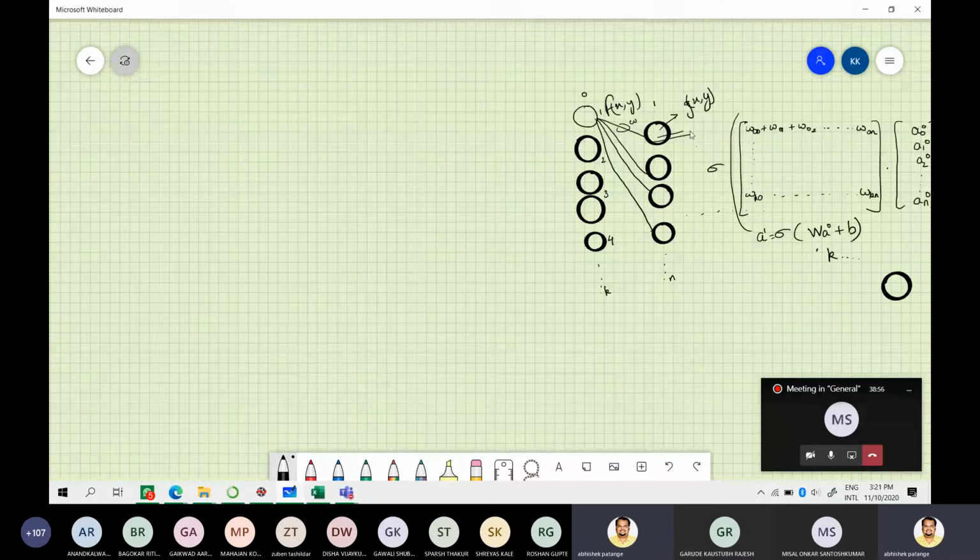So for example, you are classifying a face, I'm just giving an example, into a sad or a happy face. You can look at this and say this is happy.